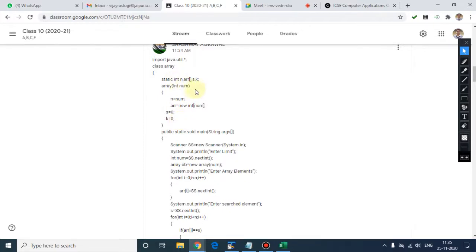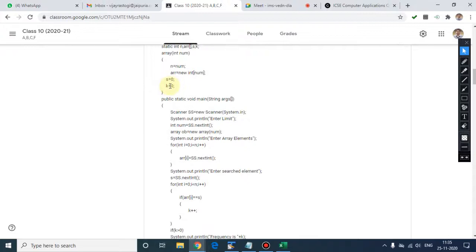In that case, see, in the constructor program, you are not supposed to use static, except for the static buffer reader or the scanner, unless it is given. Am I clear? Yes, sir. So avoid that. If you are using static, then there is no difference between the common program which we were doing.